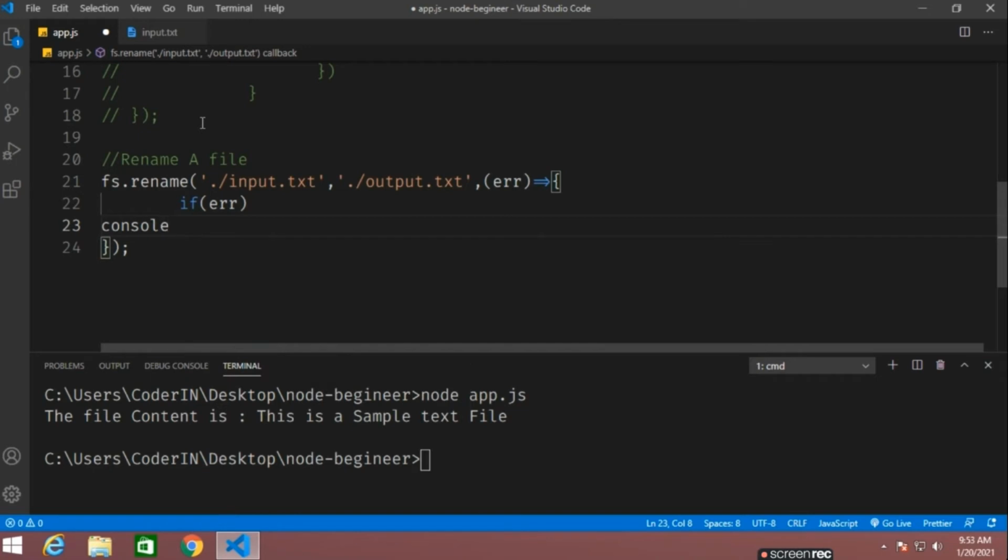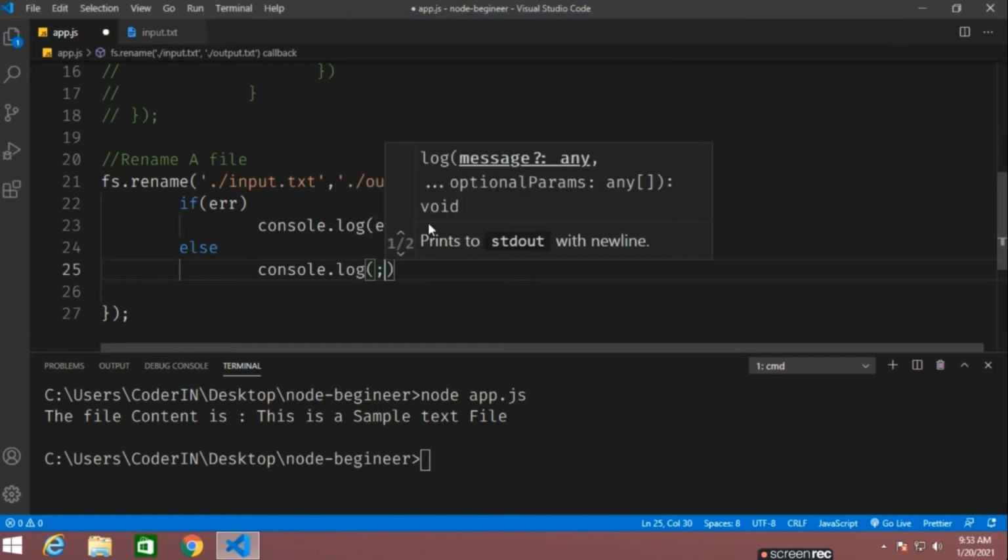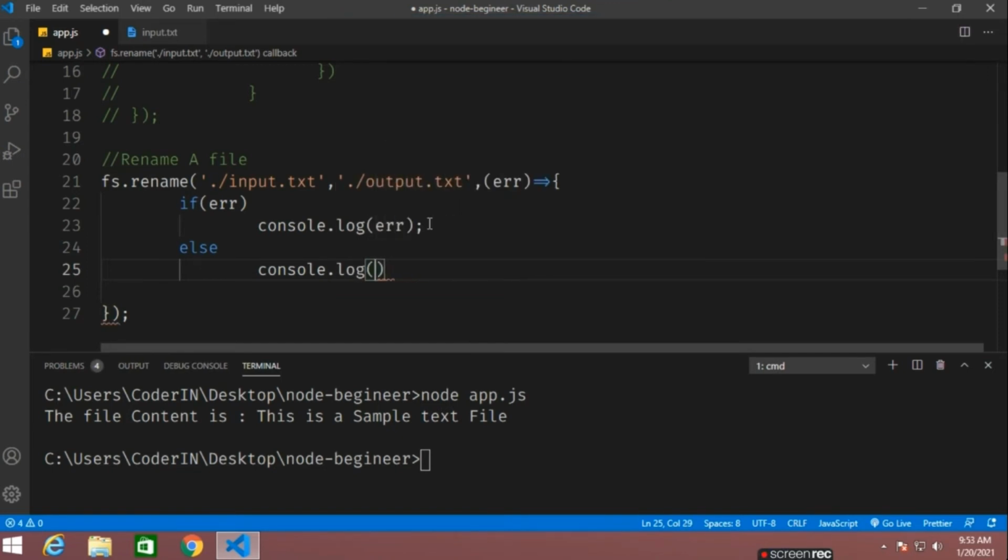So console.log error. Else, let me arrange this properly. Else, there will be a message, console.log file renamed successfully.